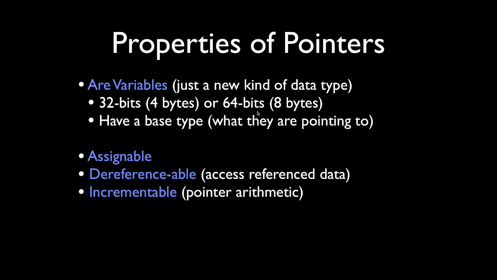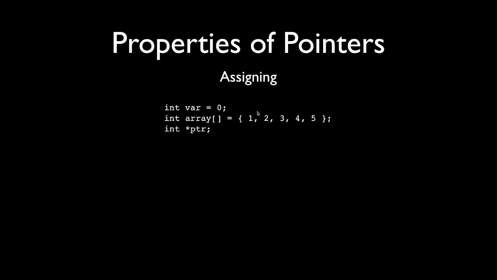And then, of course, they're incrementable. This is one of the hardest aspects of pointers for people to understand. But basically, you can use a memory address, which is a pointer, and walk through memory forwards or backwards from that original pointer position. You can actually move the pointer around to point to different bits, not bits, but bytes of memory. Let's go over the easiest part first, assigning a pointer.